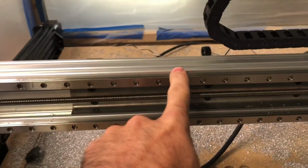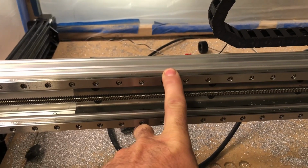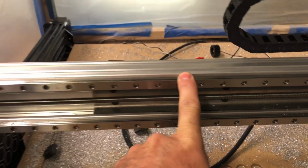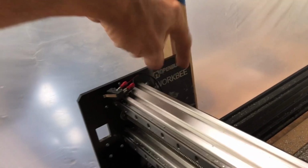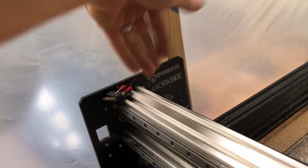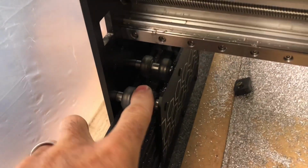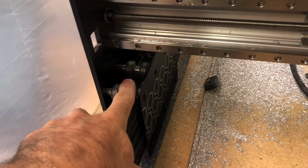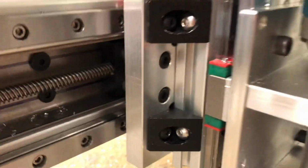Then I bought some of the eBay high wind rails. It's the MGN 12s, and flipped the original C-beam forward, and then as you can see, I flipped the plates. Basically I just turned the plates and swapped sides. So I've still got the V wheels on the Y-axis. Linears will come for that eventually, but this is my